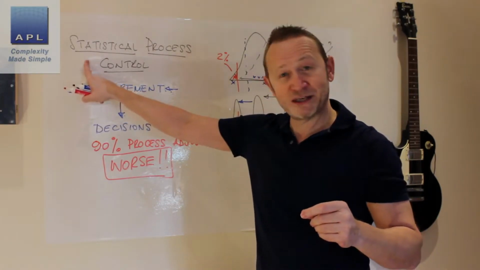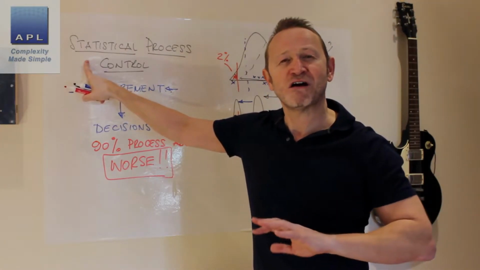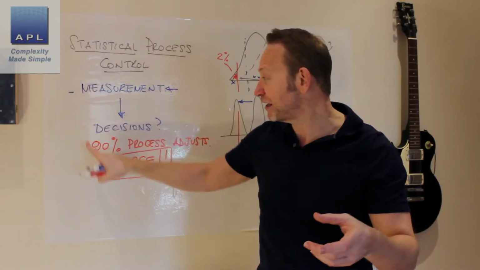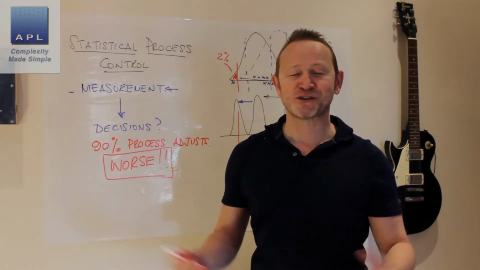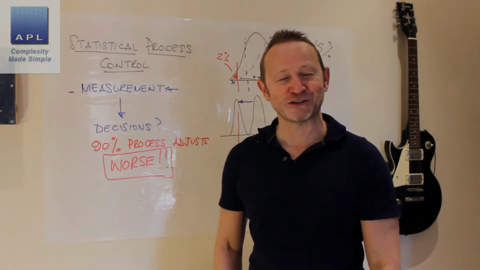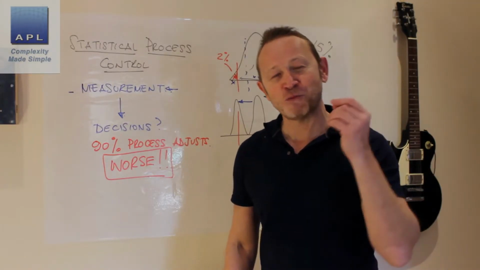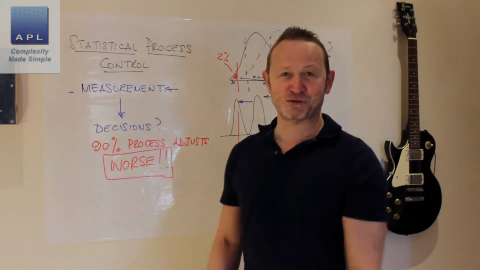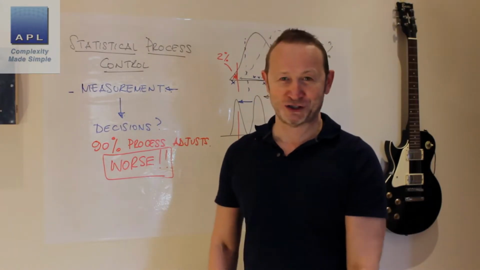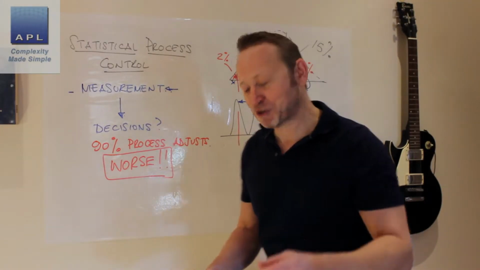In other words, this is instead of you doing your own SPC, making your own rules up and making the most half-arsed and stupid decisions and letting your technicians and operators make your process worse, we're going to use rules that have been around for 100 years that will make sure that you get the best out of your equipment. That is what your big customers are forcing you to do. Your big customers are forcing you to make more money. Your ISO 9000 auditor is forcing you to make more money. That's a terrible thing to do to you, isn't it? So let's show you what it's going to do.